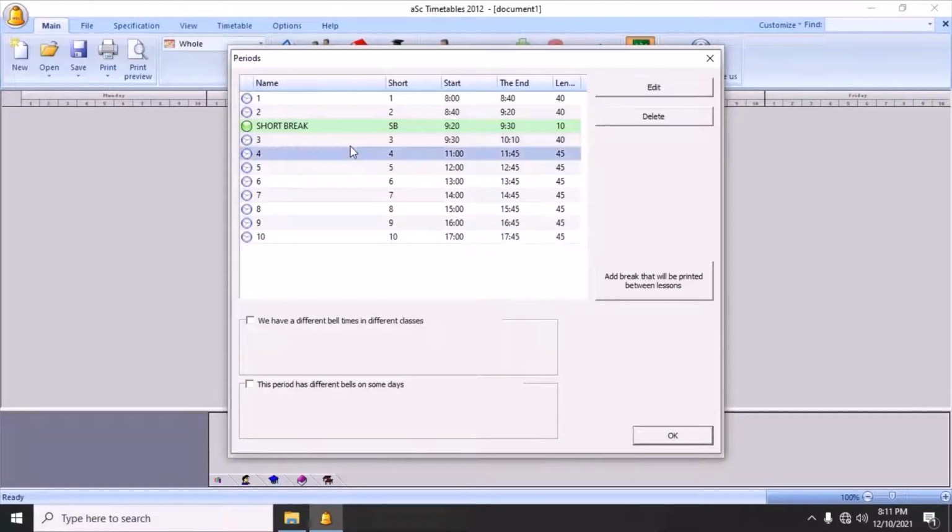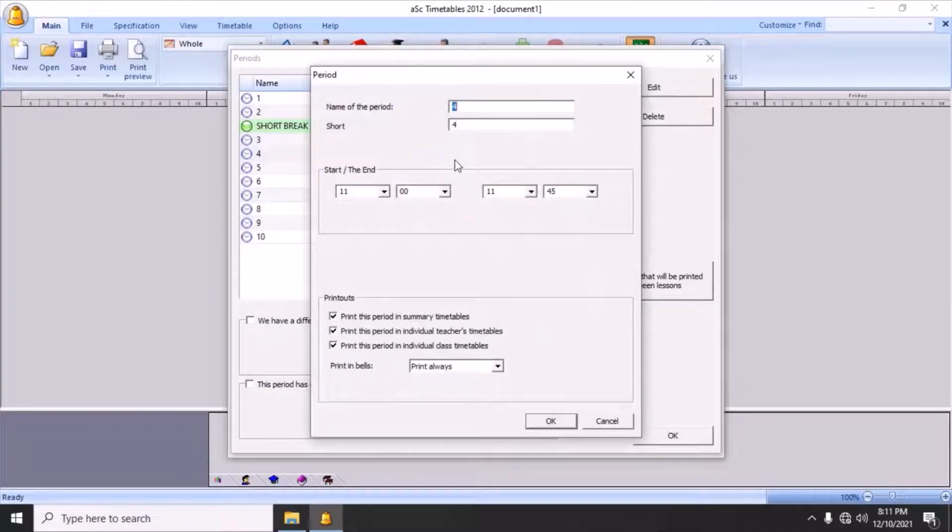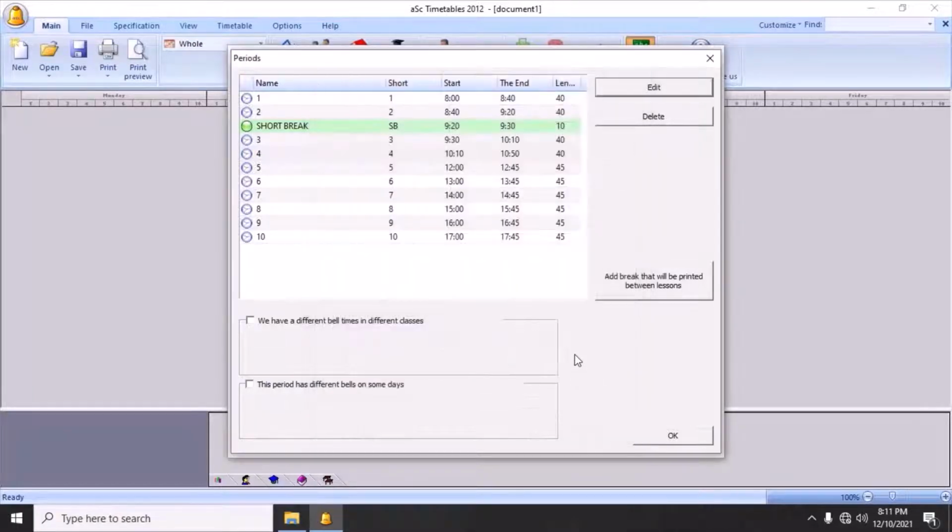Lesson 4, you highlight lesson 4, you click on edit. Lesson 4 will run from 10:10, again 40 minutes, so that means it will go up to 10:50. Click on that. Then lesson 5 will run. So you can see it's 40 minutes, 40 minutes, 40 minutes, and after the short break, 40 minutes, 40 minutes,